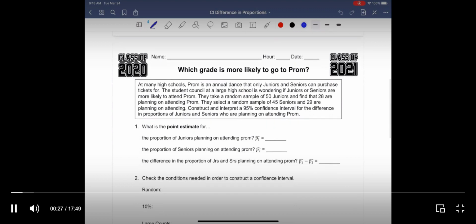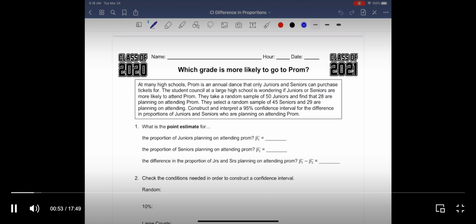So in this lesson today, what we're going to do is take everything we know about one sample confidence intervals for proportions, and extend it to two sample confidence intervals. So our context here, we're looking at which grade is more likely to go to prom. At many high schools, prom is an annual dance that we have for juniors and seniors only. And the student council at a large high school is wondering if juniors or seniors are more likely to attend